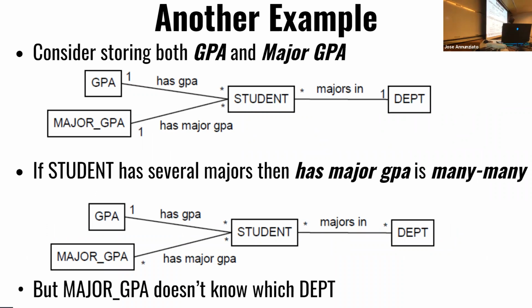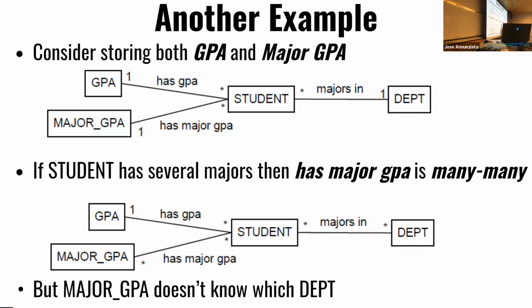Now, if you're only allowed to be in one department, then the GPA could be just related to the student. There's only one GPA that you could possibly have. So it could be associated to the student. That's fine. Okay. Now, if you do choose a request that you can be in different departments, you can major